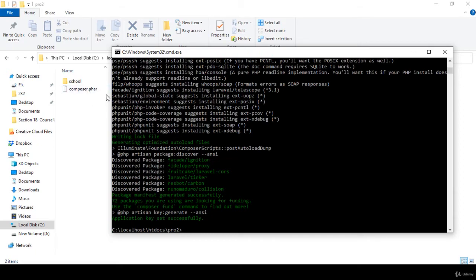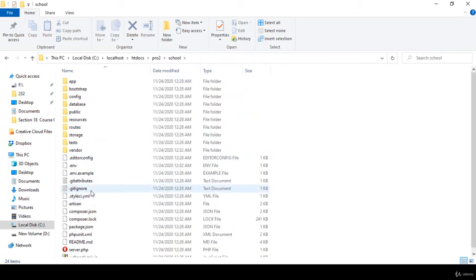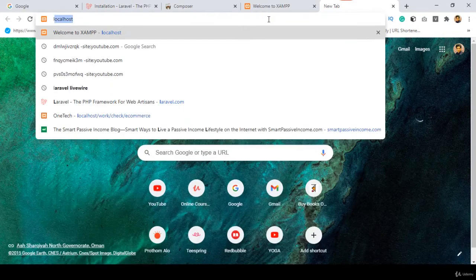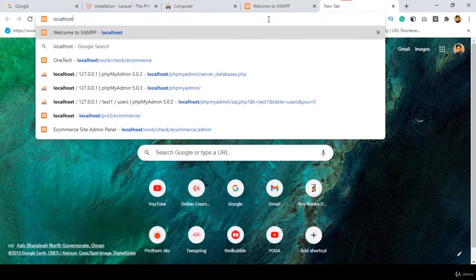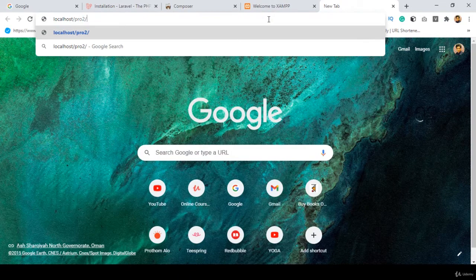Here I have created a project named school, and inside the school folder you can see all our Laravel default files. If you want to check it, you can check it: that is our pro2 and then our school. Now if you directly access this URL, localhost, then pro2, and then school,